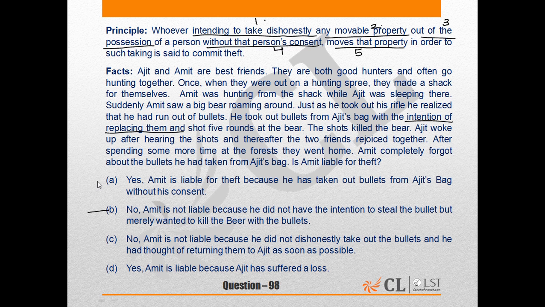Then after that, the most number of students have marked A as the answer, which says yes, Amit is liable for theft because he had taken out bullets from Ajit's